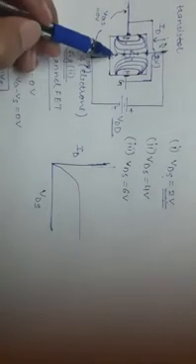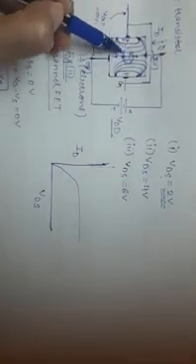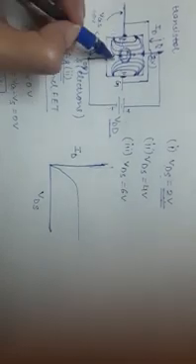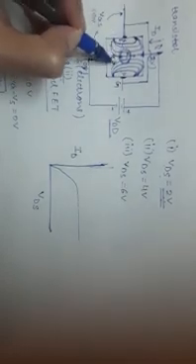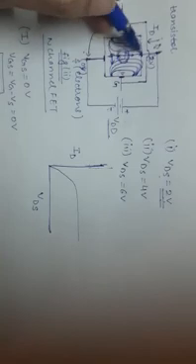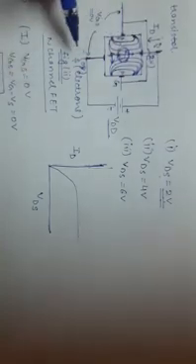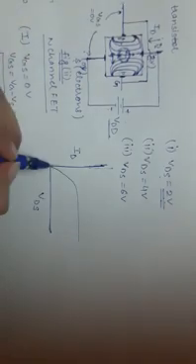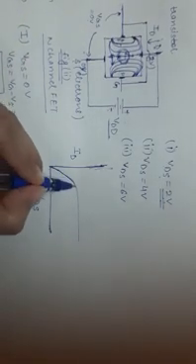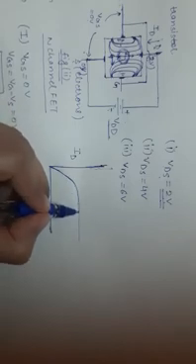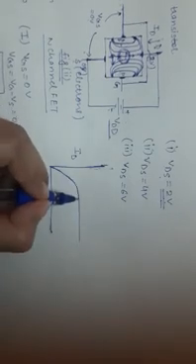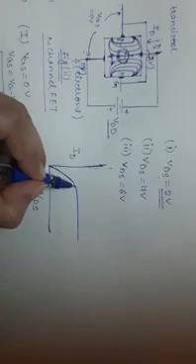Because when the width of this N channel shrinks, there is no flow of electrons towards the drain. So in the starting, drain current keeps on increasing, and after a particular voltage this current remains constant, and that particular voltage